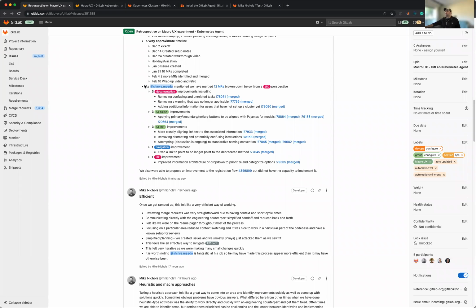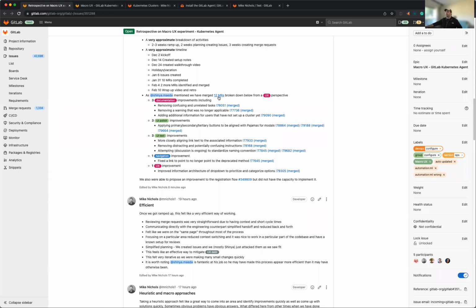This is in the retro issue. I've broken these down from a UX perspective of the things that we've accomplished. So to date, we have done 12 merge requests that have been merged. So I'll start first with these ones that are more in the documentation realm. So this first one here,